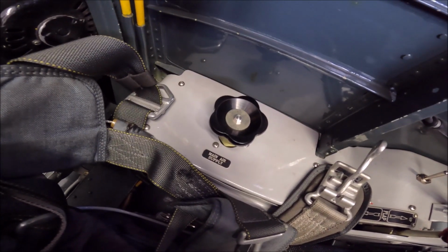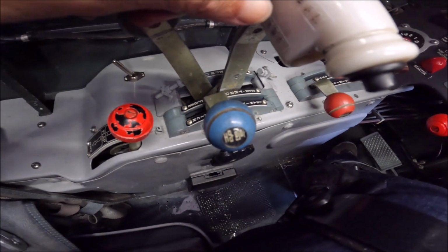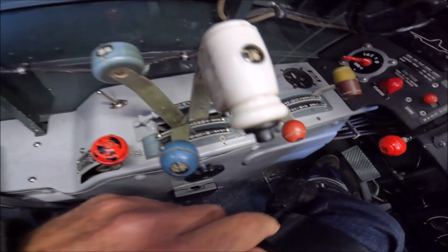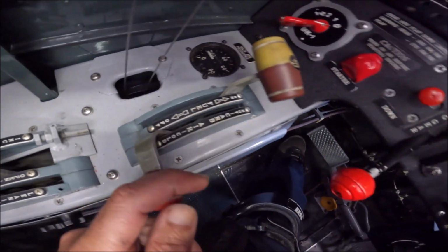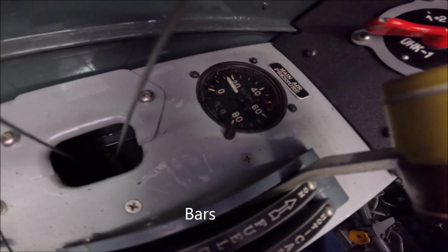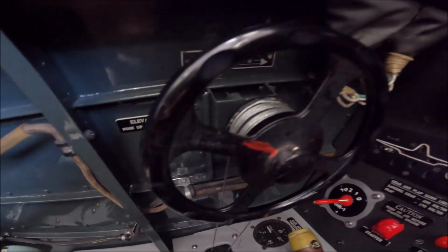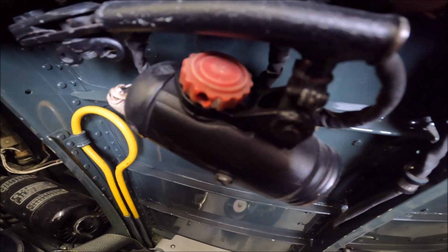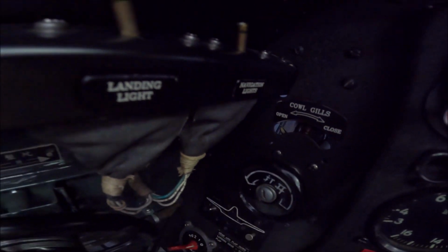Start from the left, main air supply valve. This is the flap handle, mixture, throttle, RPM, carb heat, on-off fuel. This is the indicator for the amount of air in the tank. These are the magnetos. This is the trim, lamp, another lamp for the instruments, cowl grills, open close, landing light, navigation lights. This is the clock,